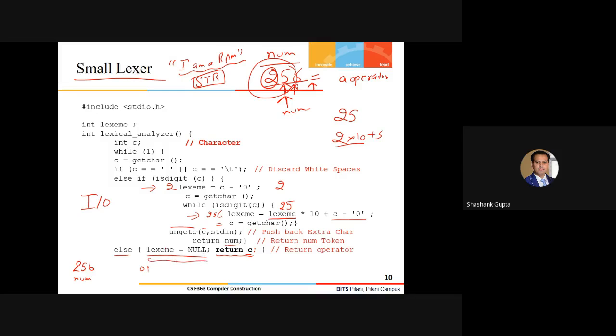You could have stored the actual value of that operator into the lexeme, and you would have returned something like, okay, this is an add operator, or this is a multiplication. So this is just one way. You have recognized it, absolutely correct. Okay, sir. Thank you.